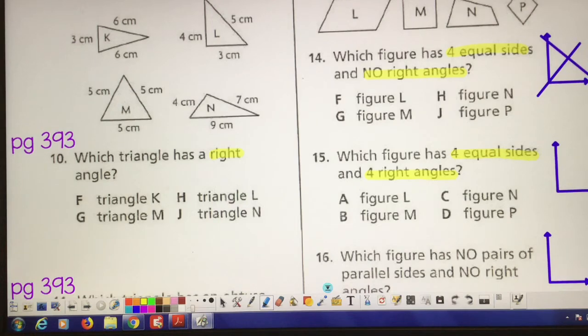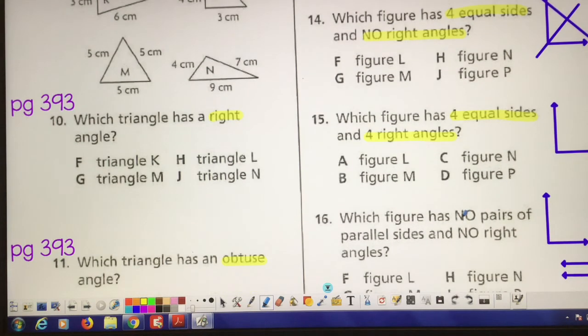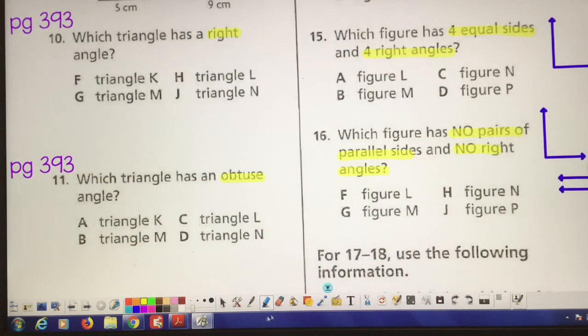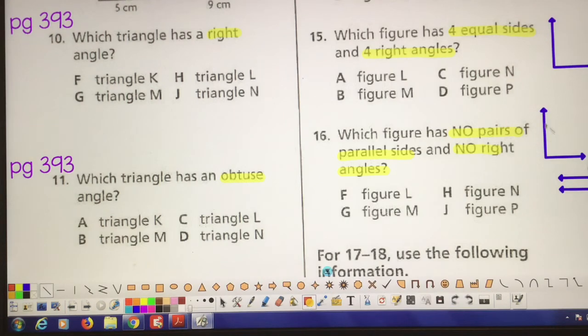Number 16. Which figure has no pairs of parallel sides and no right angles? So I drew 2 pictures that I'm looking for. I know that a right angle is right here, but of course remember I said it can't have that, so I'm going to cross it out. So it can't have a right angle,